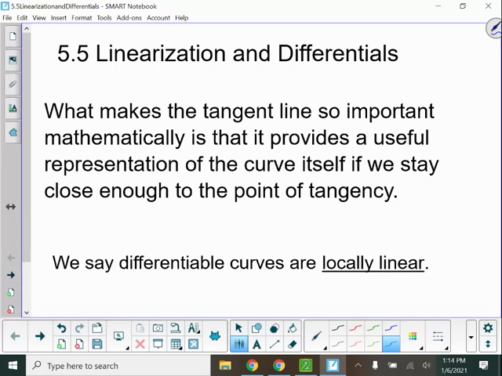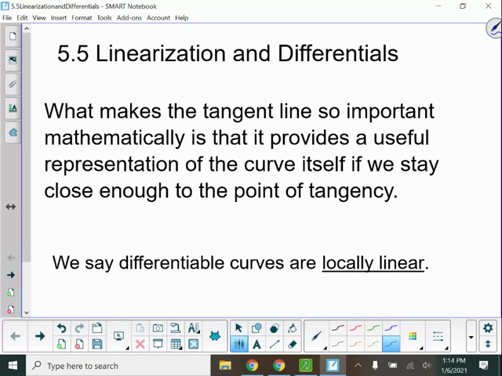This is your lesson for 5.5, linearization and differentials. This does have quite a bit in it, but there's a lot that is not on the AP exam, so I am going to be skipping around a bit as we move through the different questions for this section. So this statement here, what makes the tangent line so important mathematically is that it provides us a